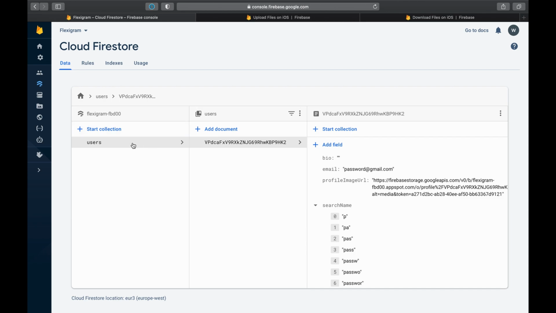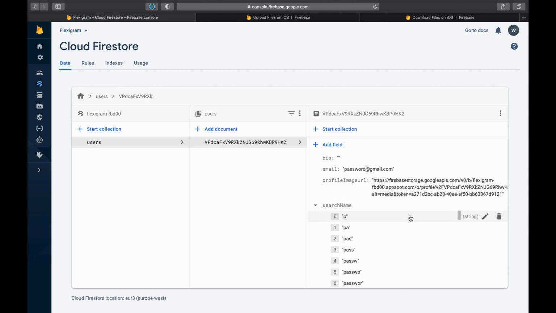So we have a users collection, which we are going to create in a bit, and in it we have a user identified by his UID, and here we have his bio, which is just an empty string, which you saw us creating in the storage service, right? And the email, I put it in the storage service so that after you take the image, you send it along. The image should be the last thing to be sent along, right? So that's why it's over there. And the profile image, this is a URL to